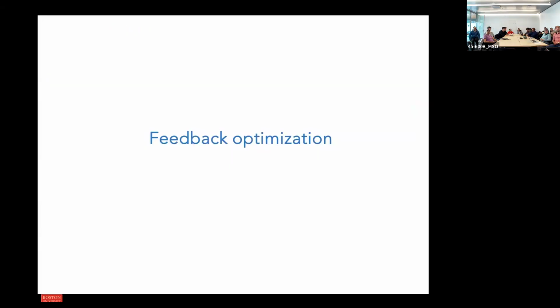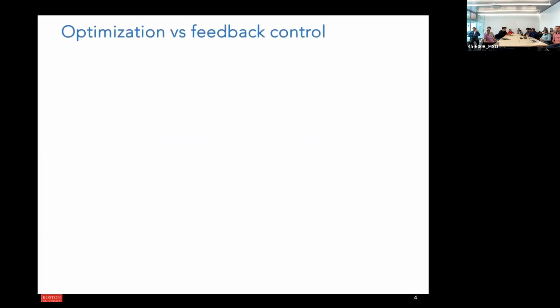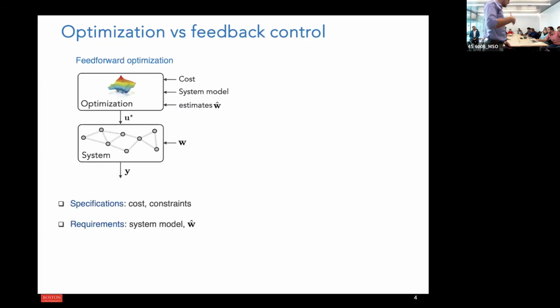And the main topic of today will be this concept of feedback optimization. Let me take a step back and go to undergraduate level courses. When we look at feed-forward optimization of systems, we're given a system, and then we formulate an optimization problem based on the model of the system, a cost capturing performance or safety objectives, and estimates of the exogenous inputs or disturbances of this particular system. Solving this problem involves utilizing an iterative algorithm that I run until convergence, and convergence spits out a solution that is subsequently fed into the system.